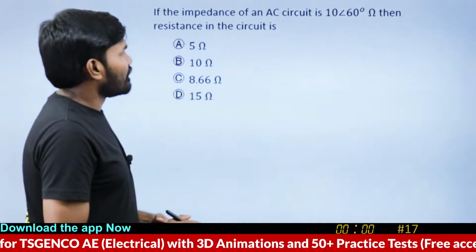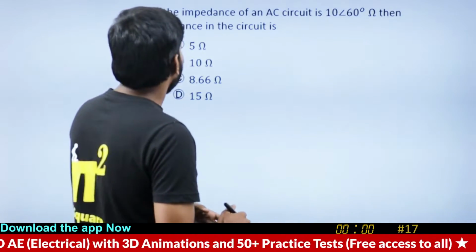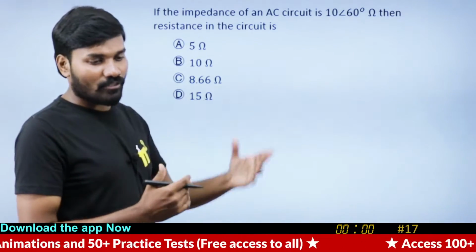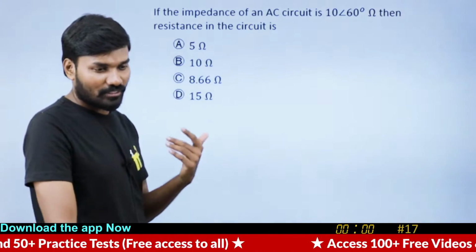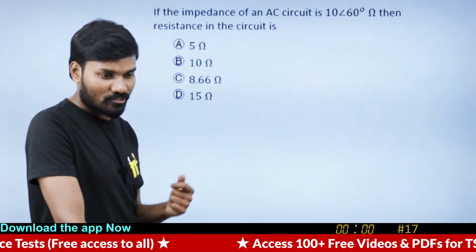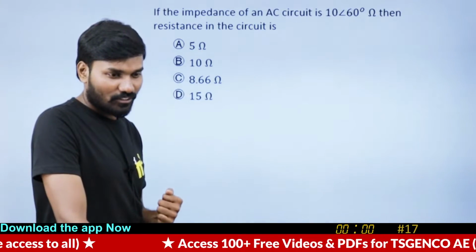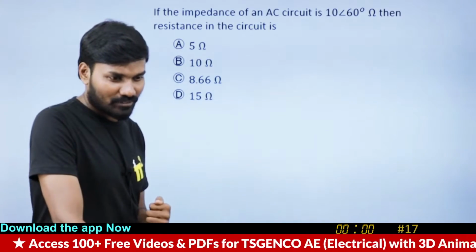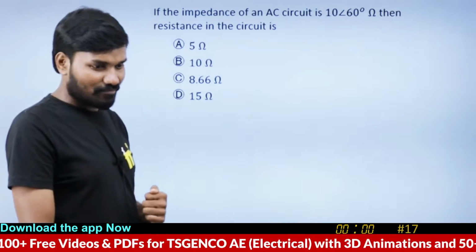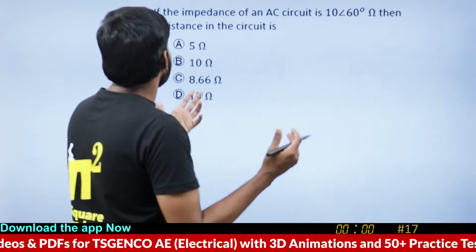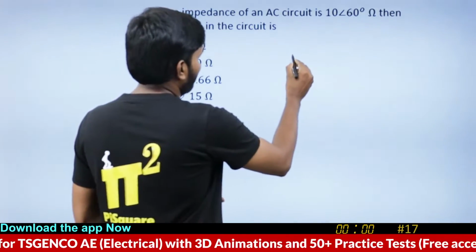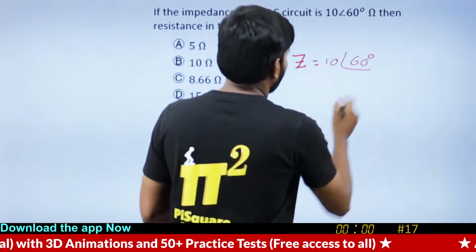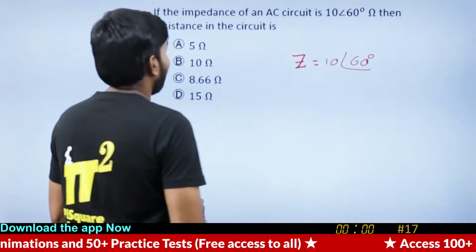If the impedance of an AC circuit is 10 at an angle of 60 degrees, then the resistance in the circuit is... I expected everyone to respond on this, including Raghu, Emmanuel. Emmanuel responded. Raghu also responded. Rakesh has responded. Sanjeev also has responded. Sampath, Raju, Ritesh have responded. Others, no response. If the impedance Z is 10 at an angle of 60 degrees, then the resistance of the circuit,